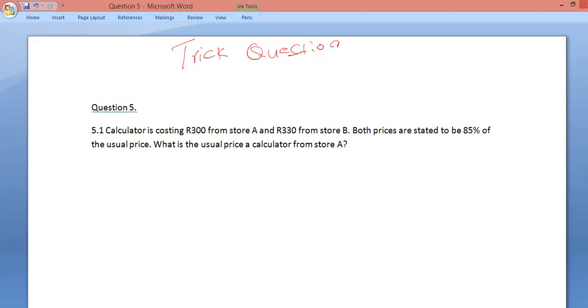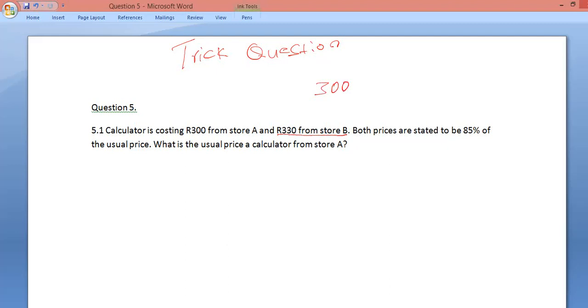Okay, so if we're looking at this question, our question has nothing to do with store B. So our question has nothing to do with that, but basically we're looking at store A. Most of the time when people look at this question, they jump to look at